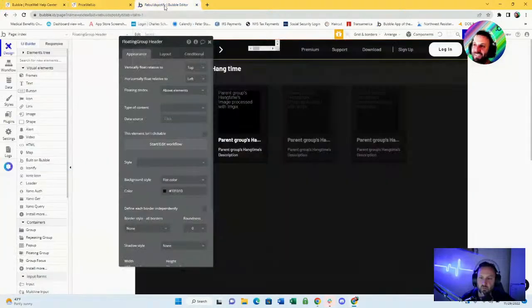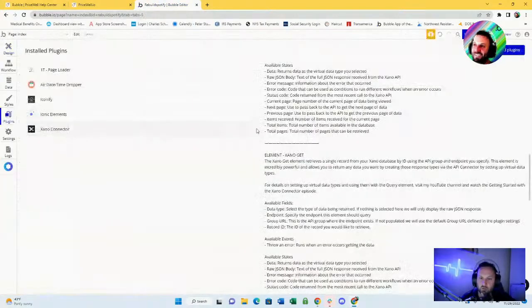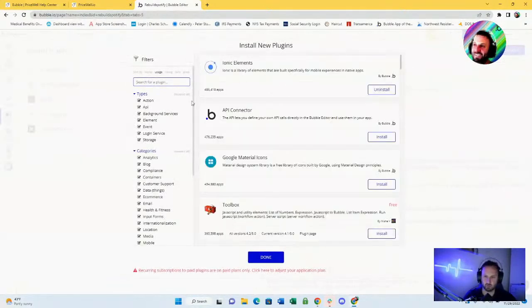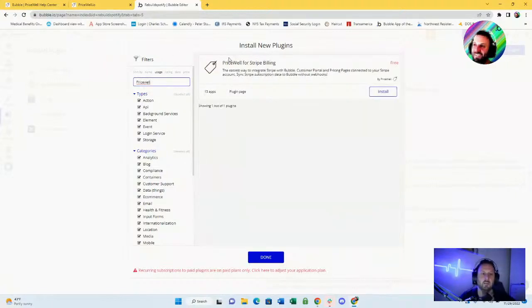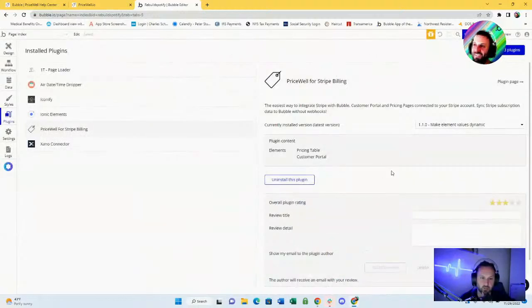All right, so let's install the Pricewell plugin first. I'm sure we're going to get a plethora of options that the plugin is going to give us. Pricewell for Stripe billing. 13 apps, so very new. This doesn't seem to have caught on all that much yet. All right, it gives you two options: the pricing table and the customer portal, which we've created. Sweet. So I'm pretty sure we're just going to embed that HTML snippet that it gave us into one of these